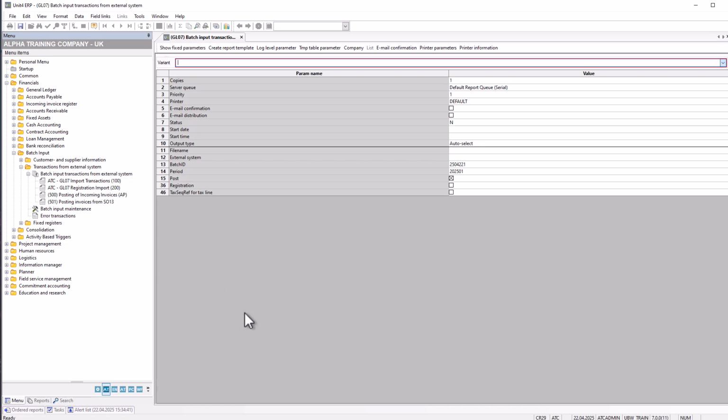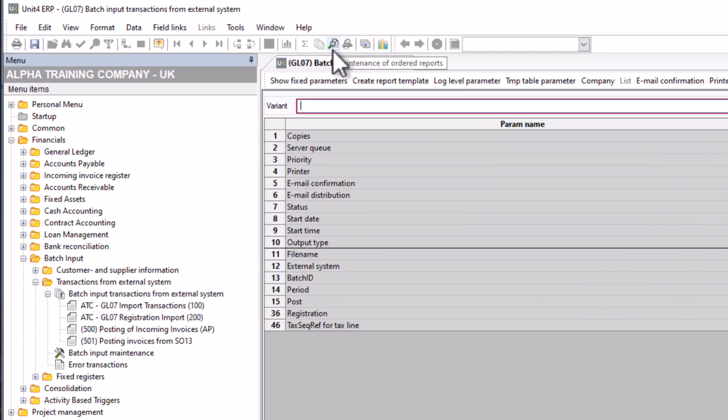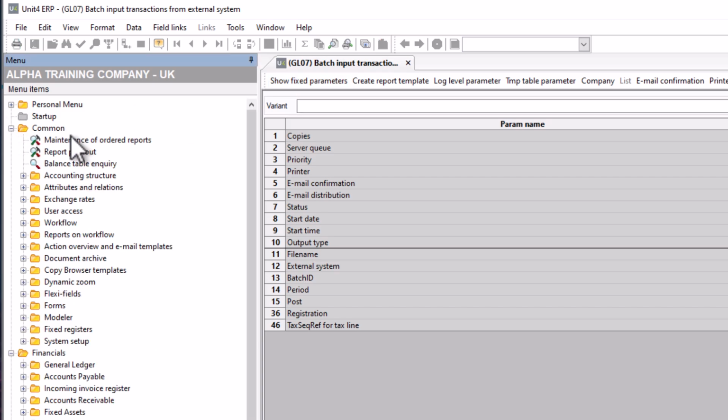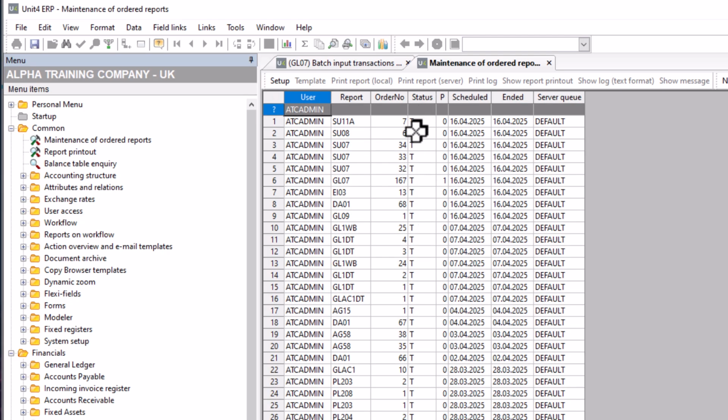All right, once that's run, once any ordered report in the system is run, I could go into maintenance of ordered reports using the icon at the very top, normally the way it's done, or there is also in common maintenance of ordered reports. Either way, maintenance of ordered reports will open. If I press F7, there's everything by default that I have run. So these are just my ordered reports because the user is